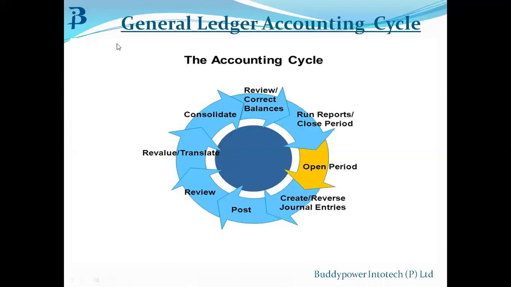After doing all these steps, you finally consolidate the ledgers by defining or running a consolidation for all of the accounts. Then you produce financial reports. After correction and consolidation of all the accounts, you review, correct the balances, and finally produce the financial reports and perform online inquiries to review current account balances. You close the current period and then the next period gets opened. So this is basically a vicious circle, a continuous process which happens every month.